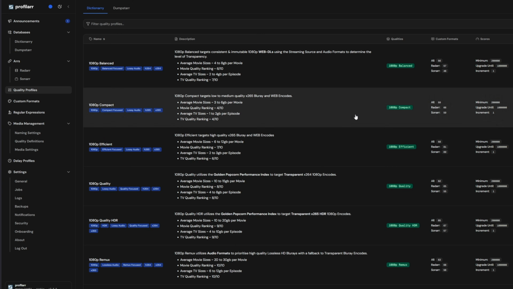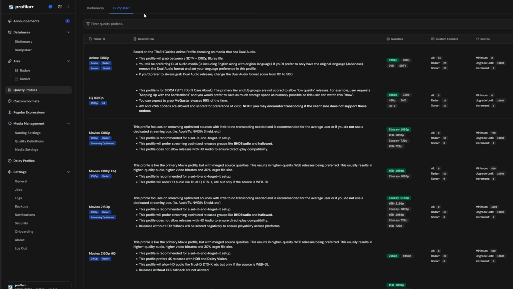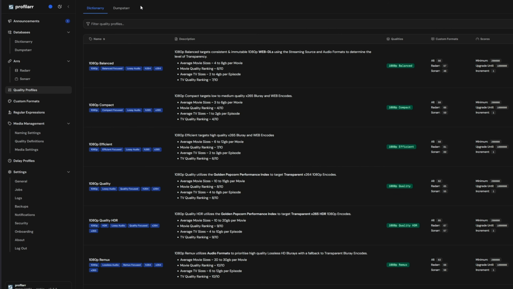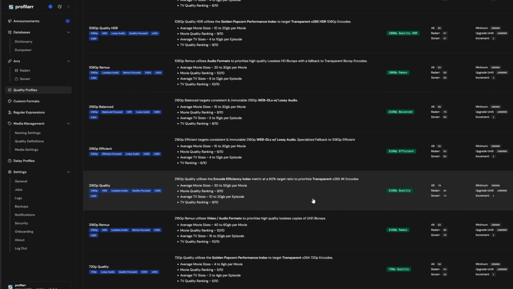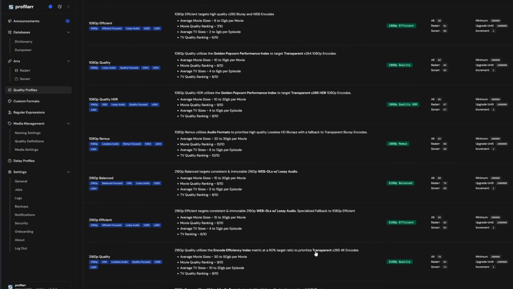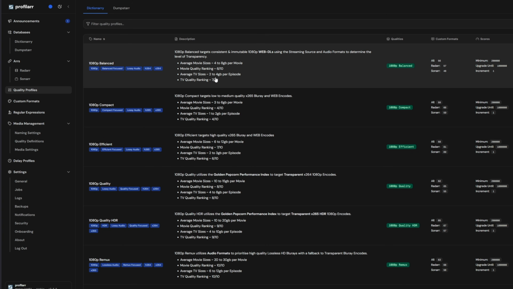So these are the dictionary ones that are built in. And then we've got our Dumpstar tab as well. Obviously, if you use trash guides or any other databases, they'll all be linked up here as well. So this is basically just giving you an idea of what these profiles contain, depending on your use case. So, for example, 1080p balanced, which means you get a nice balance of quality and size. So it's not going to completely eat up all your storage, but it's not going to be completely terrible quality